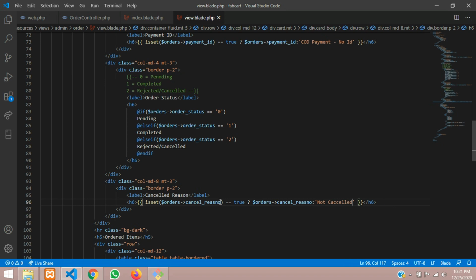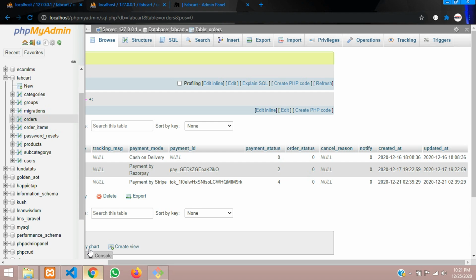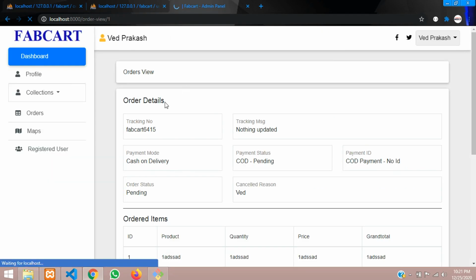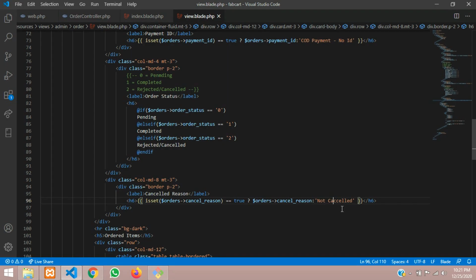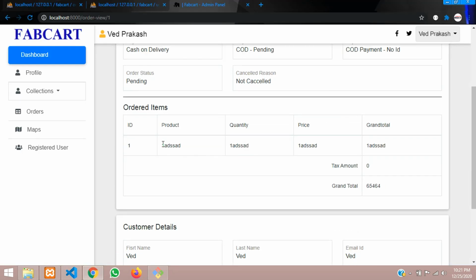And here we are missing a spelling mistake. Let's copy this and here paste. That's it. Let's reload this page, and yep guys, so not cancelled, right? So double L is there, cancelled.